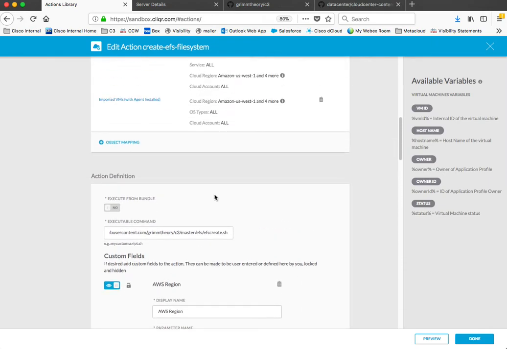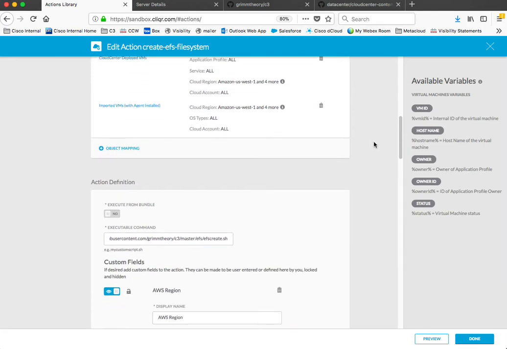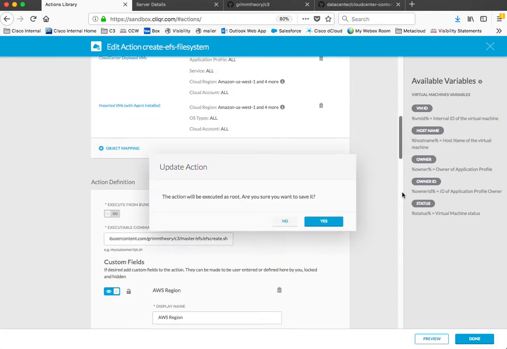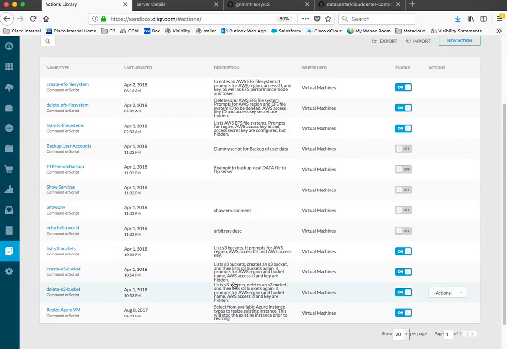Very simple, very quick, very easy. My operators call me up and say, hey, I need to be able to do X, Y, and Z, and I can just create an action for them to do that. And that is executed as root. That's what that warning is for. I won't go through all of them. I'll switch over to the